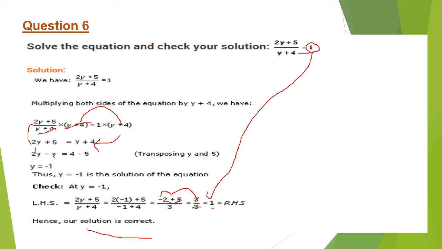You may get this type of problem for 3 marks, because for the solution part you will get 2 marks. Then for the verification part, from here, the check is there, no? For these 3 steps you will get 1 mark. So you will get this complete problem for 3 marks, children.